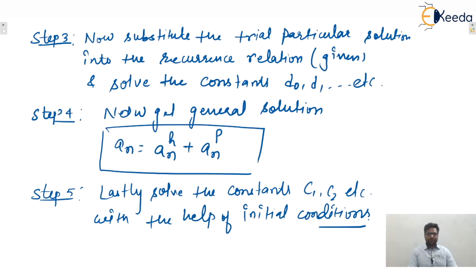So the procedure for the inhomogeneous LRCC contains these 5 steps, and these are very simple steps. We will take 2 or 3 examples based on these inhomogeneous LRCC, and you will see the method is very simple, isn't it? That is a predefined method, and these steps are to be applied, and after that you will get the required solution. No problem at all. Okay, so let us take 1 or 2 examples based on inhomogeneous LRCs. We'll see one by one.